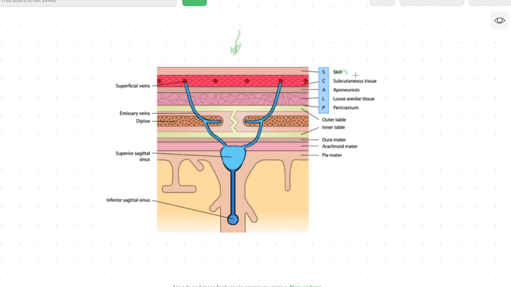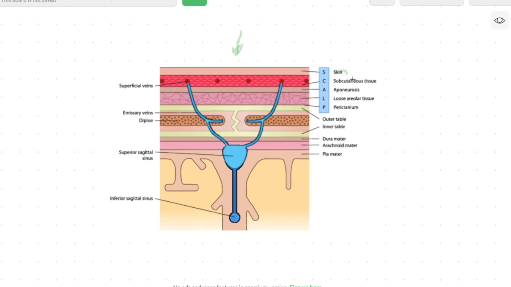The second layer that we will be talking about is the cutaneous tissue. You can remember it by C, which means connective tissue. It's dense connective tissue, which connects the skin to your epicranial aponeurosis. The third layer is your epicranial aponeurosis, which is a thin tendon-like structure that connects the occipitalis and your